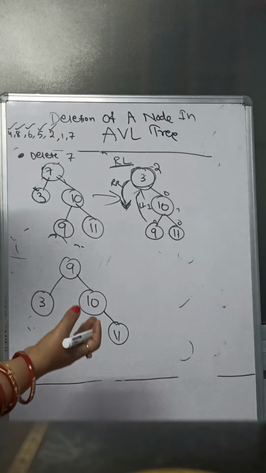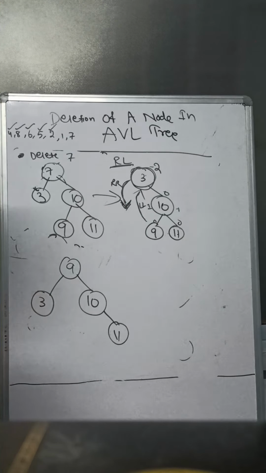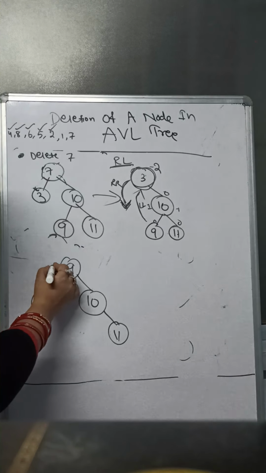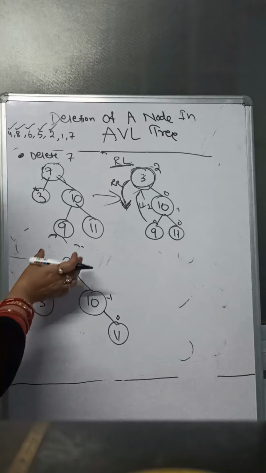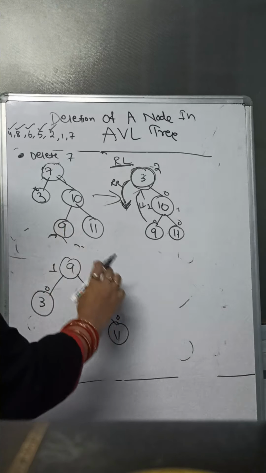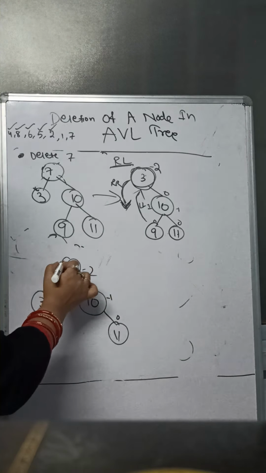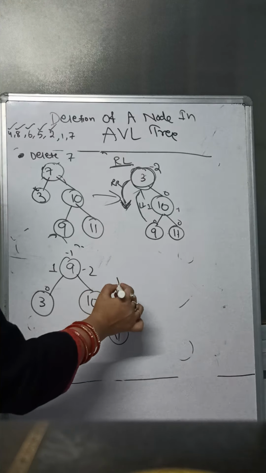Now you have to balance by taking some nodes to the left side and placing a node in the root. So now I have to calculate the balance. 0, 1, then 0, then minus 1. On the left side you calculate with a positive sign, and on the right side with a negative sign. The difference between minus 1 and 1 is not more than one, so the tree is balanced.